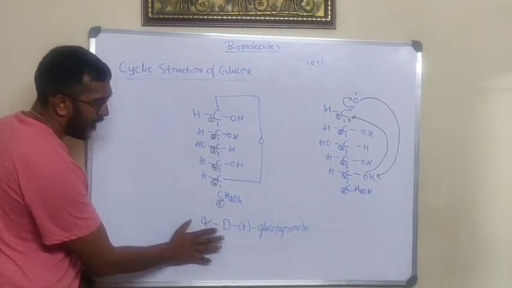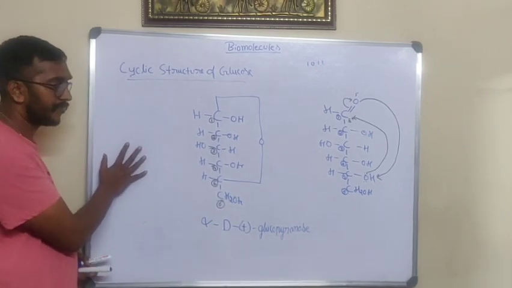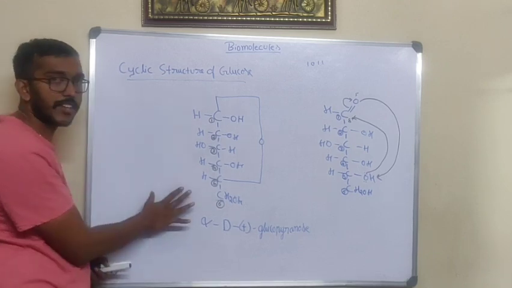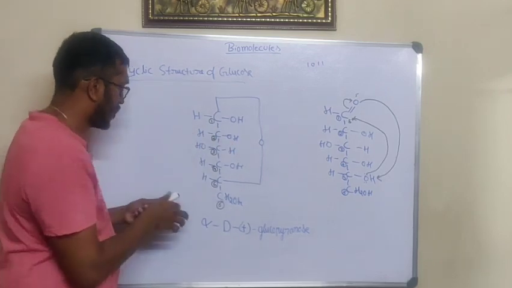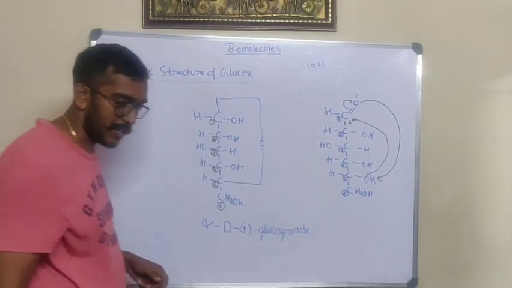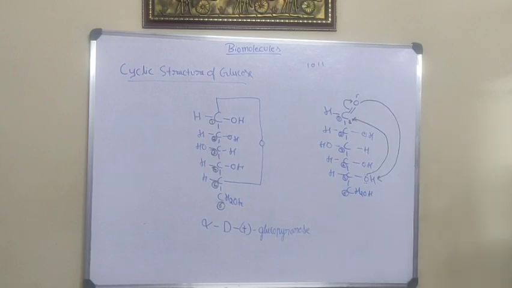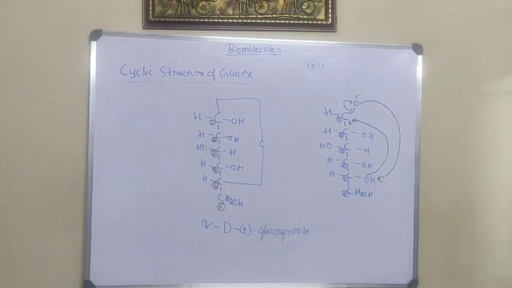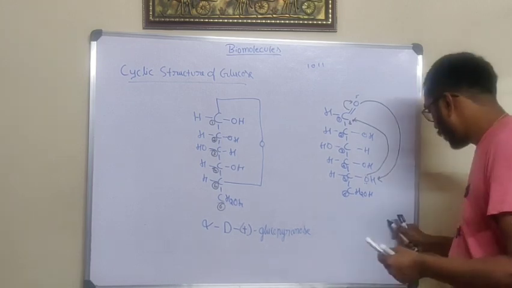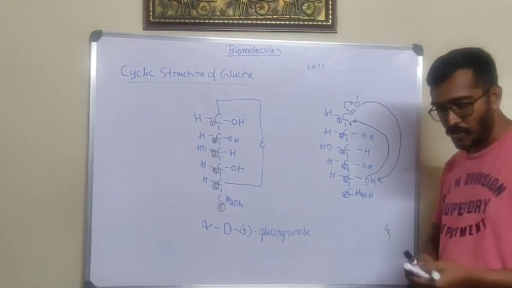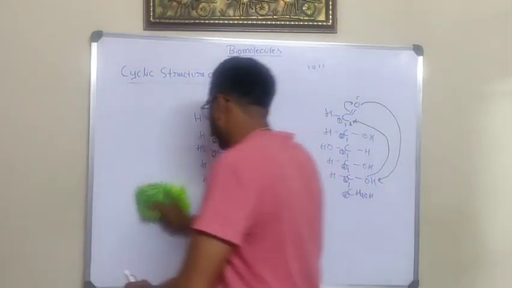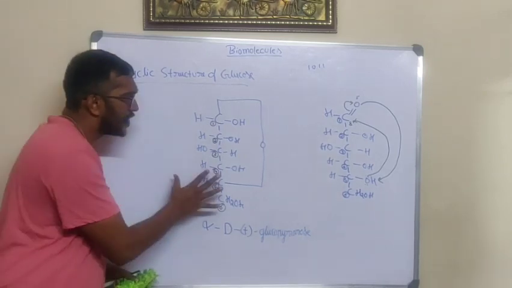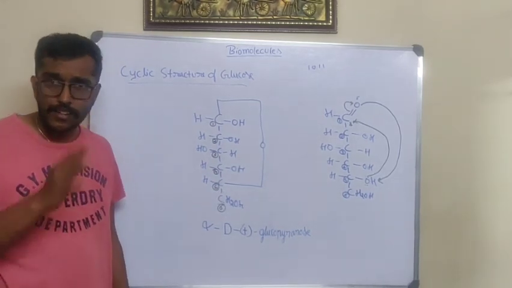Listen now. I am going to write one more structure. Same structure, I am going to make a small change in carbon one. I just missed the black pen. Let me take one more black pen. I need to check. I have so many pens. Yes, finally I got one pen. Okay, fine. This one you have understood very clearly, I think.